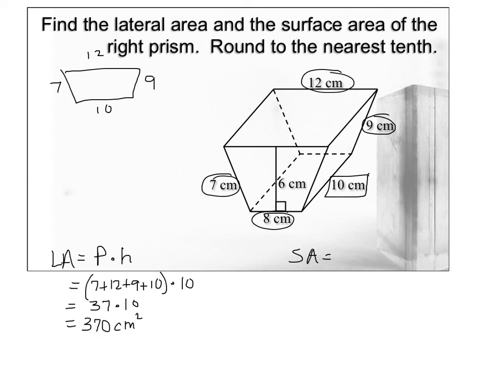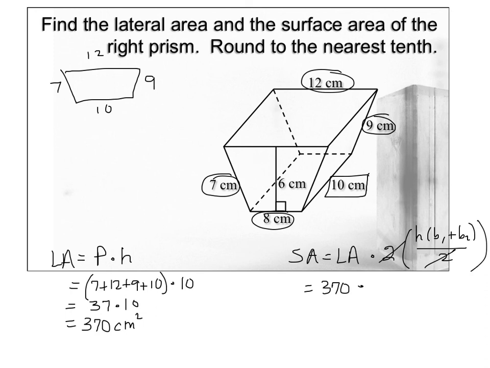So, surface area is the lateral area plus 2 times the area of the base, which happens to be height times base 1 plus base 2 divided by 2, which you'll see why we went through all these areas together. Now, again, you'll notice these 2's are going to cancel out. So it's really the lateral area, which is 370,